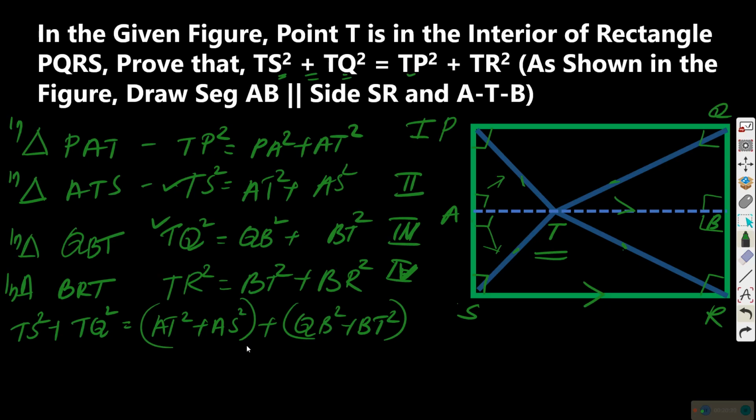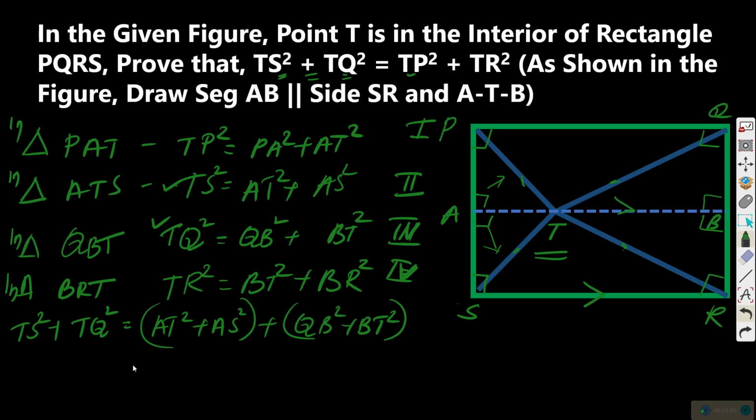Okay, AT square and AS square is coming in AS square. AS is having equivalent to BR also. If BR is coming somewhere, yes, it is coming in TR square, we are having BR. Correct? So AS square can be replaced by BR square one side. And AS square can be replaced by BR square,